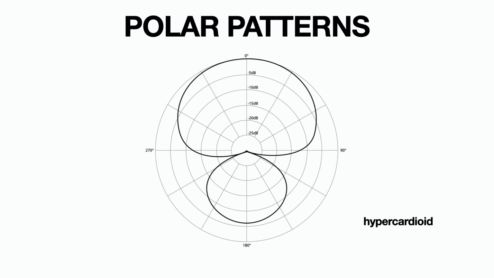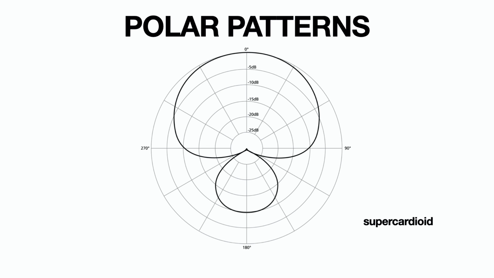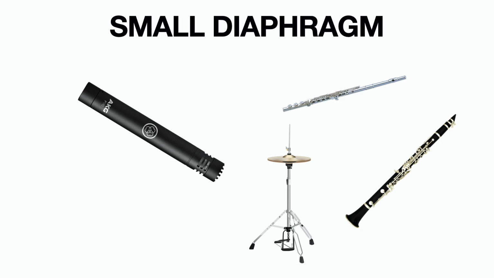Hypercardioid are similar to cardioid but also share some pickup from the rear. And supercardioid, which is hypercardioid but more focused. Another characteristic that decides these polar patterns is the size of its diaphragm. Small diaphragm mics are stronger at picking up transients, or high-frequency waves. Transients, like the sound of a hi-hat, send a lot of information in one hit. Small diaphragm microphones can focus on that one instrument, along with their cardioid pattern, so they're useful with very detailed